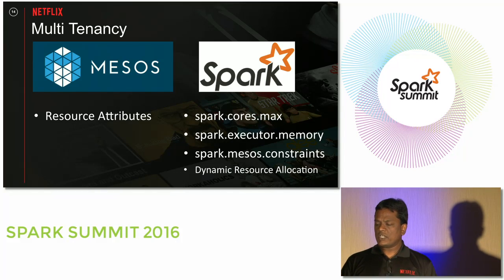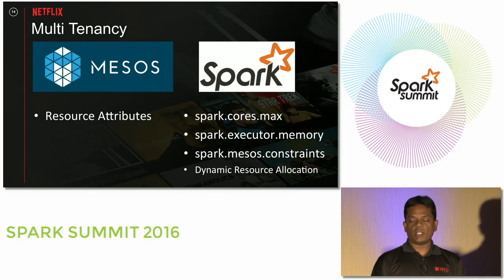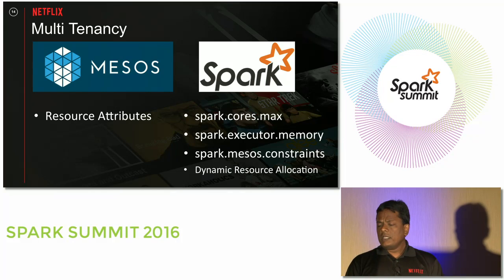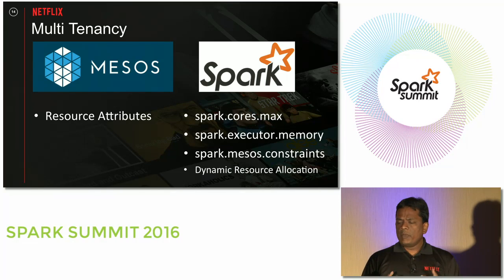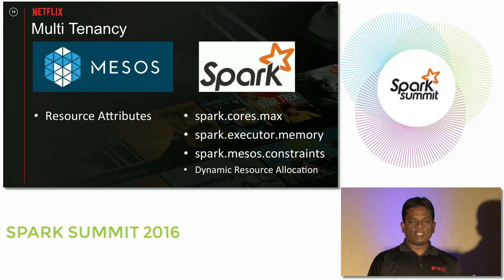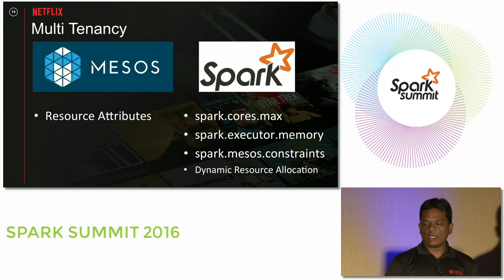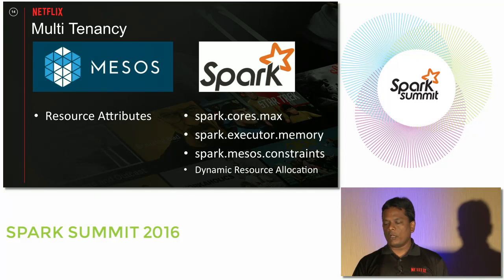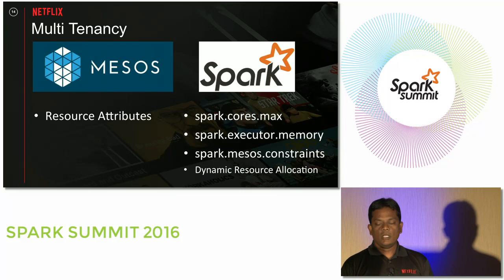Mesos has resource attributes, and in Spark you can set your memory or cores or whatnot. What we build on Meson is higher level abstractions. What we actually need is job priorities, job queues, dedicated job lanes, preemption, that type of stuff. So we build those constructs on top of